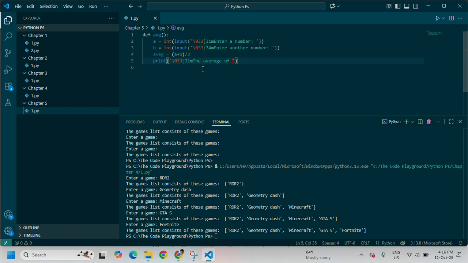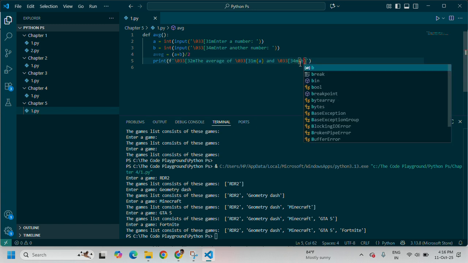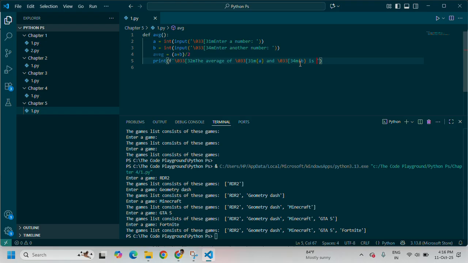So the average of, and I will just do this to make it look more colorful. And let's add an f string, because that's what the question told us. A and B is,